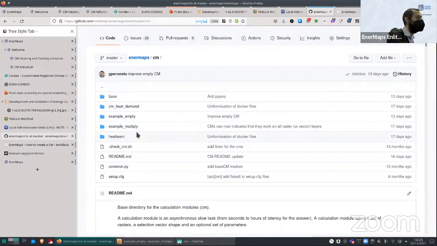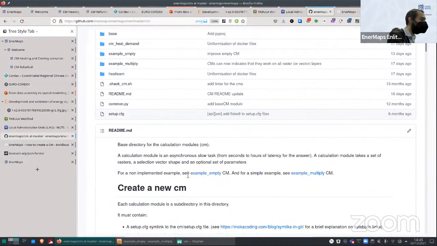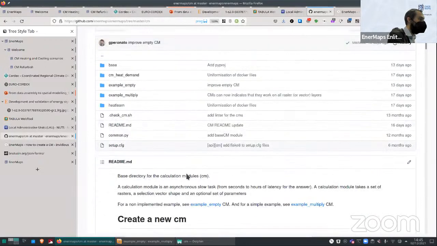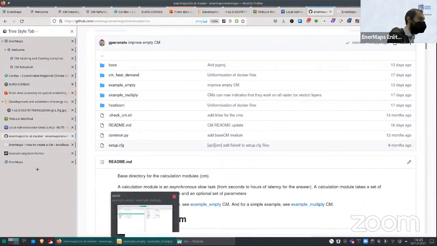The multiply is another example of a calculation module that just multiplies a raster layer by a factor. So if you want to create a calculation module, you can just copy one of these two and start playing with the code.